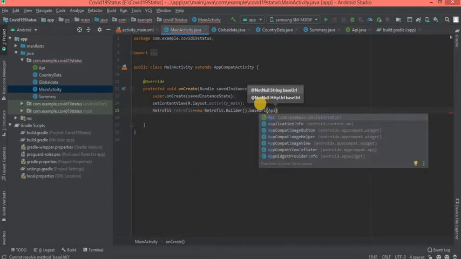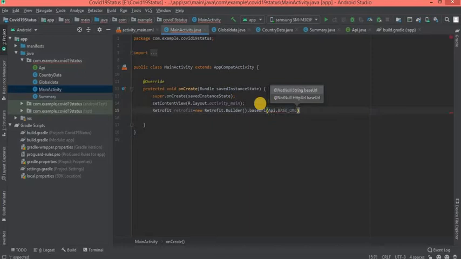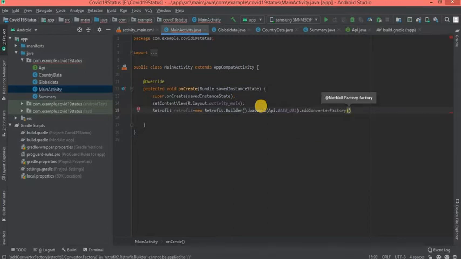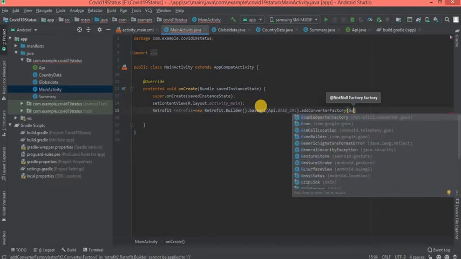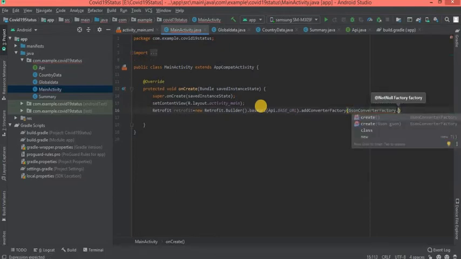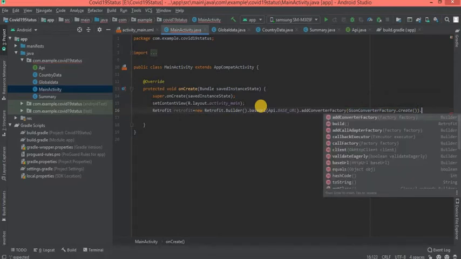Inside that we are going to mention the URL inside the API interface. Next, dot addConverterFactory to convert the values into JSON format. So mention JSON converter factory dot create. Finally we are going to build.